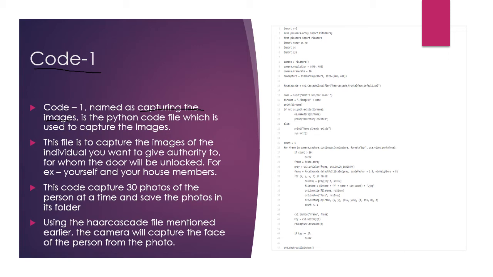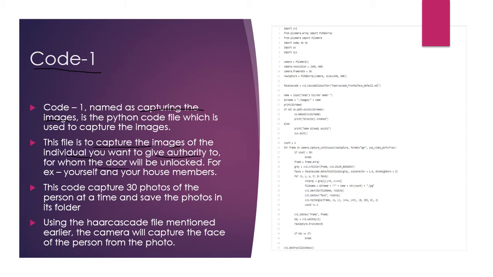When you run this code with the total connections already made and show your face in front of the camera, it will capture 30 pictures of the person, who will be the authorized person with the authority to come in the house. So this file is to capture the images of the individual you want to give authority to, for whom the door will be unlocked.